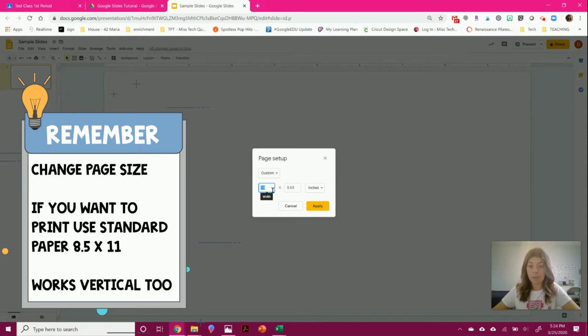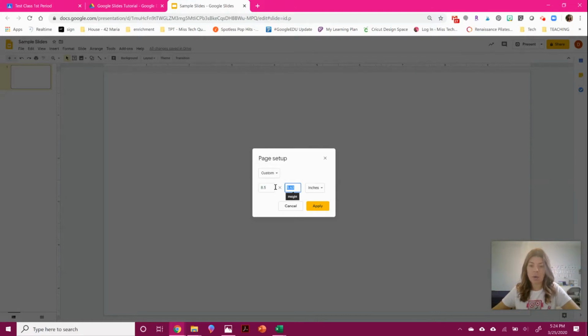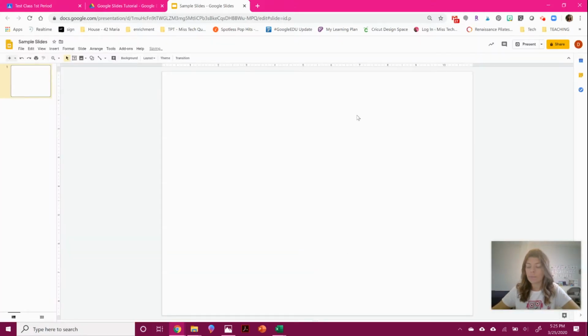Or if you want something that students can print as well, you might want to change it to paper size so that more students can use it without having any issues. So let's say I change it to make it landscape. You can do that as well. Up to you. So now I'm just going to go through some basic tools that you can use in Google